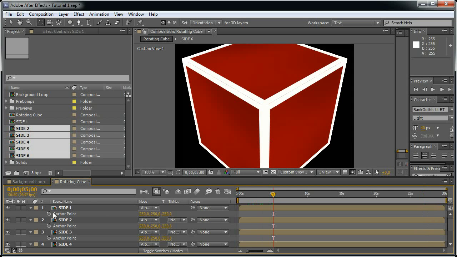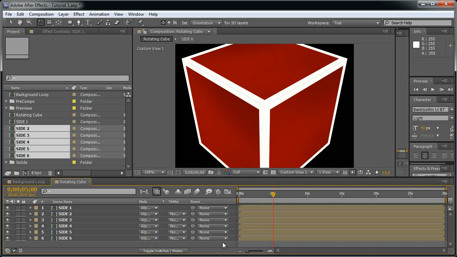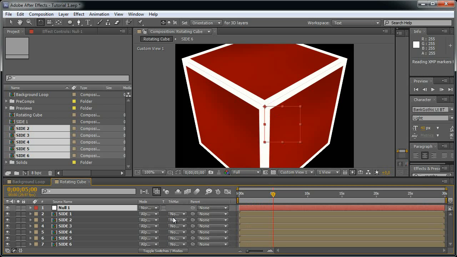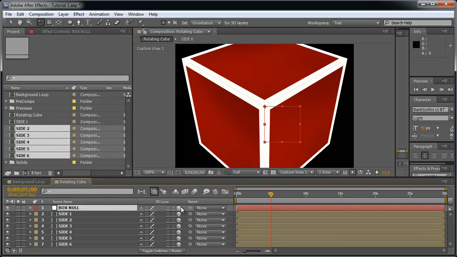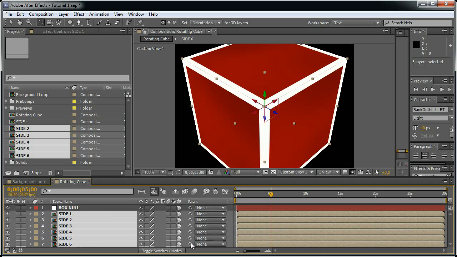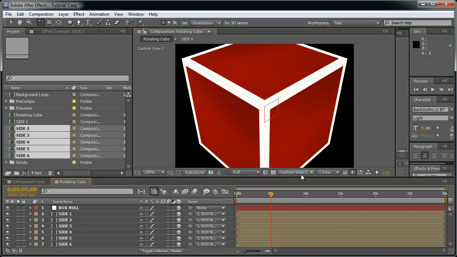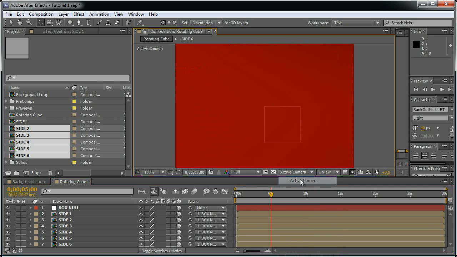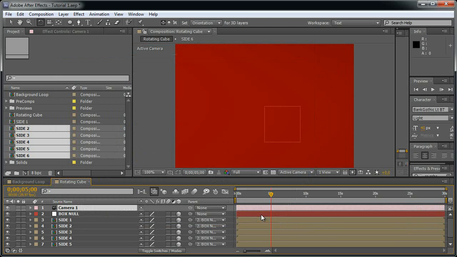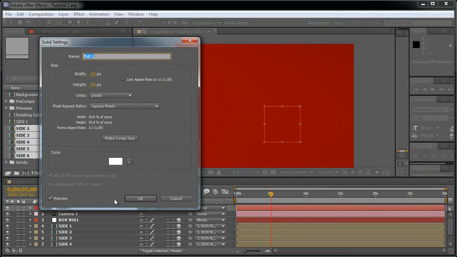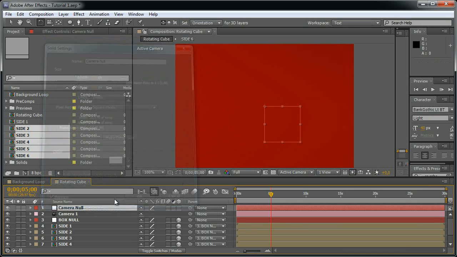And now we can create a new object, and let's call this one box null, and this null is going to be in the center, right in the center of the cube. So let's go to the active camera and let's create one in camera, 35mm, hit OK, and let's create a new null object and let's rename it to camera null. Make it a 3D layer, link the camera to the new object,